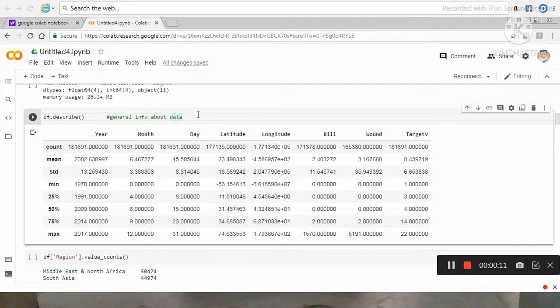So it will give you count, mean, standard deviation, minimum and maximum value from your data, and three more things: 25%, 50%, 75%. As I think you all know what count, mean, and standard deviation are, the new thing is 25%, 50%. What is this? I will explain it by taking an example.